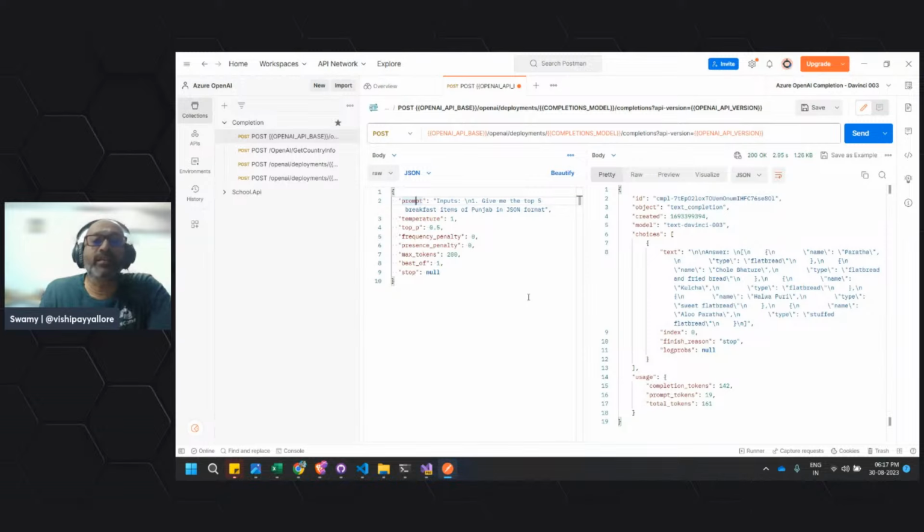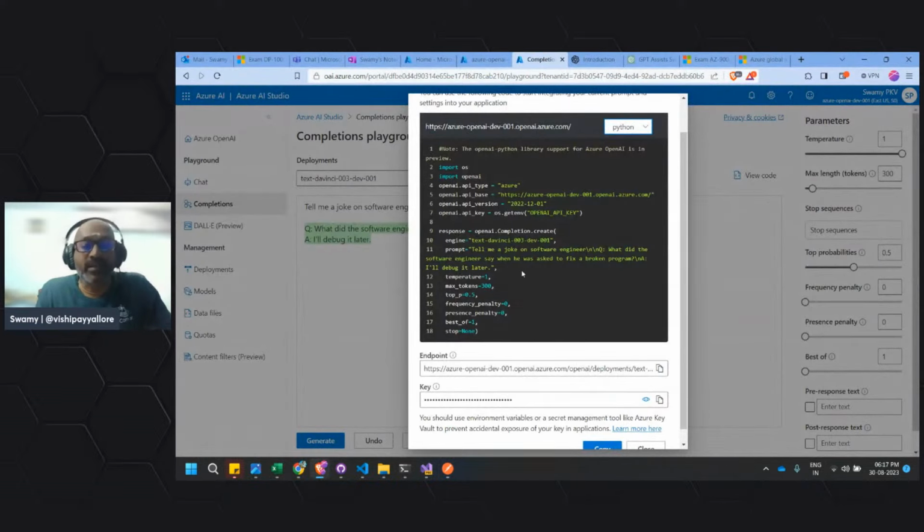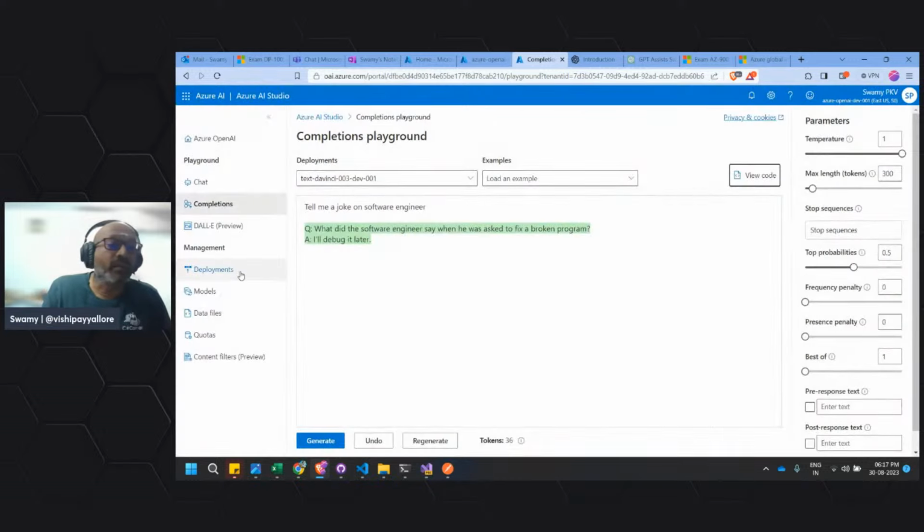Another thing is, here itself in this dialog you will get the endpoint. You can see that the endpoint will give you the complete information. So what is the text davinci 003 dev 1? That's the deployment name which I've given. I told you that. Also the API version will be different, and we should not get confused with the API versions which it will show in the row where the deployments are there.